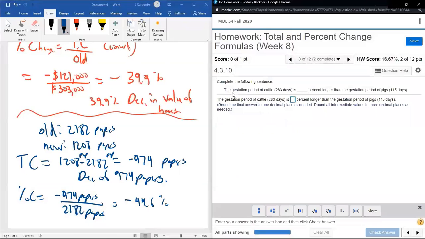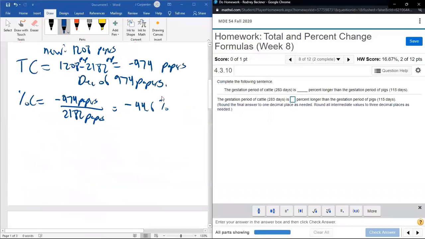All right. The gestation period of cattle is some percent longer than the gestation period of pigs. So this one, there is no old and new specifically. It doesn't say this thing happened first, this thing happened second, because we're not comparing the same thing to the same thing. We're comparing apples to oranges. We're comparing cattle to pigs. So which one are you supposed to call the old and which one are you supposed to call the new? Well, we had said